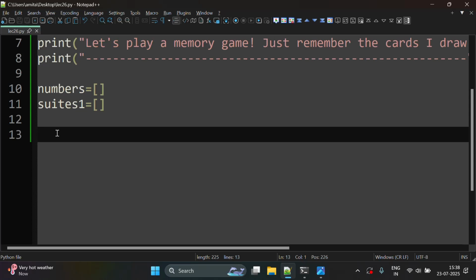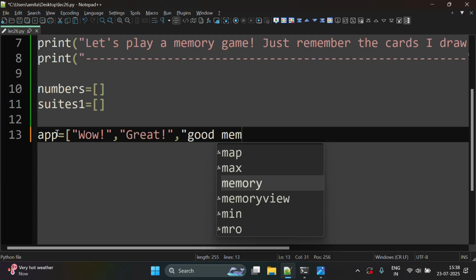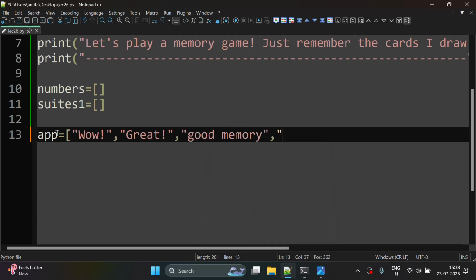And also when we tell the user whether the answer is correct or not, with correct we will also show something like "wow, sharp brain, genius," like this. And with incorrect, "nice try, close but no trophy," like this. So for that also we need to make one list, and that is: wow, great, and then good memory, and genius, then sharp brain,